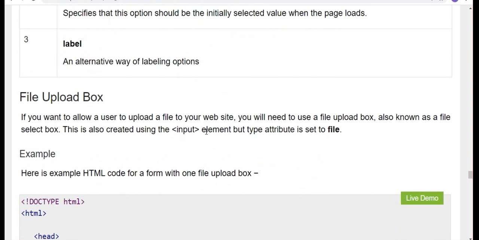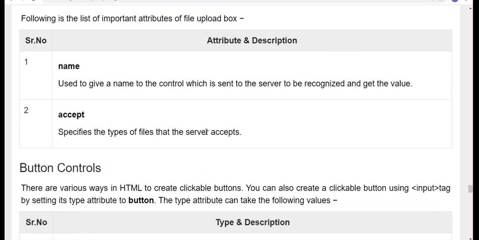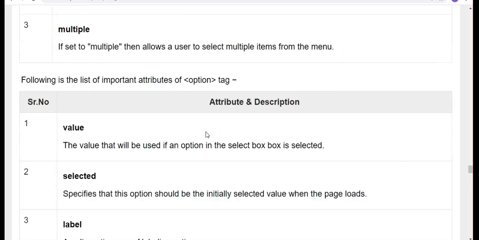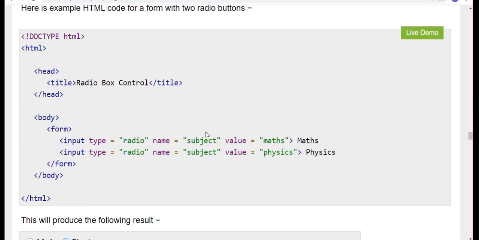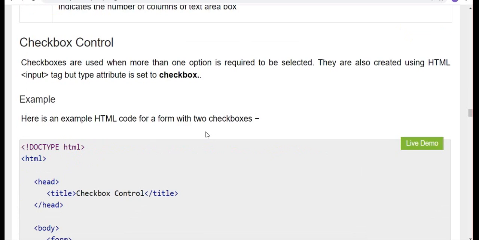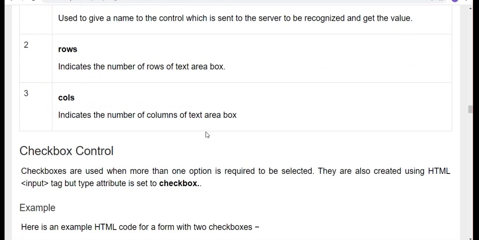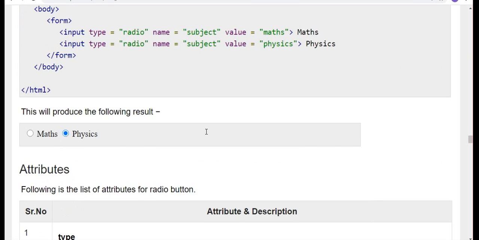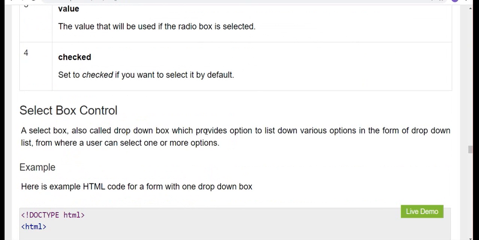File upload, regarding these files and how to upload them, we will see in the next class. Files concept, files and buttons we will see in the next class. Till now we have seen a text box, textarea, checkbox, radio button, and list, the select box control.